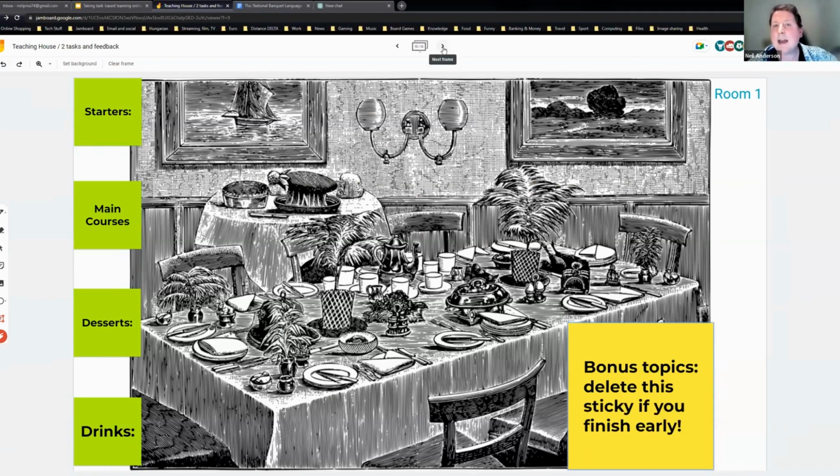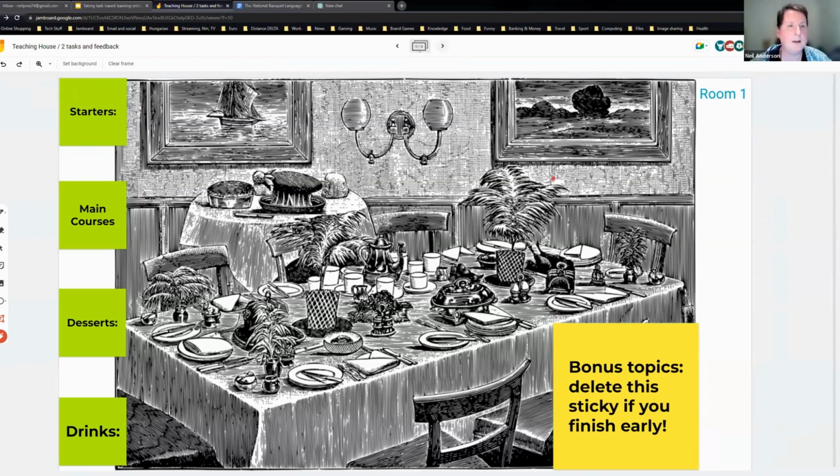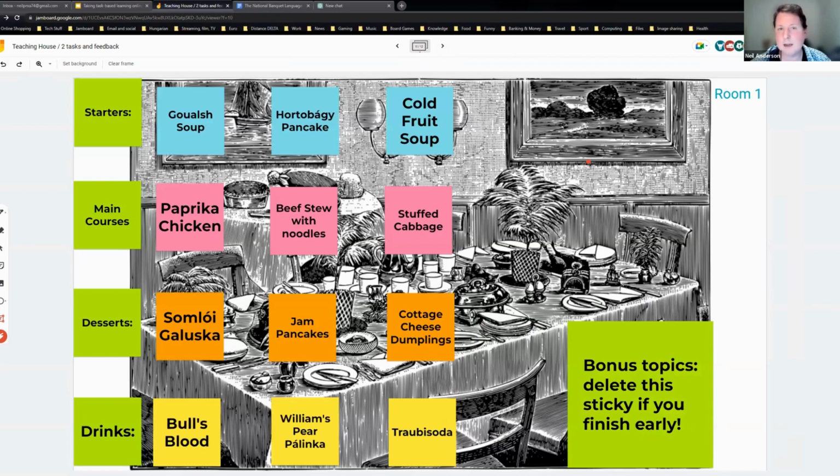So in the end, they present it to the other groups, and they choose their favorite or their most Hungarian, or whatever nationality it is, banquet. And here's an example of one that came up. If you have any notion of Hungarian food, you might recognize some of these things. If you don't, you won't. But that's the kind of thing you end up with, basically, at the end of the main task phase.